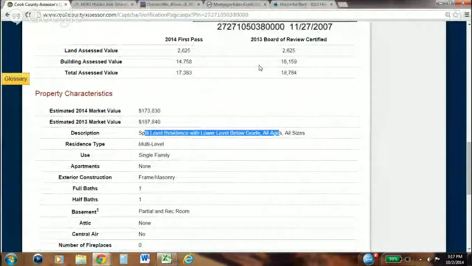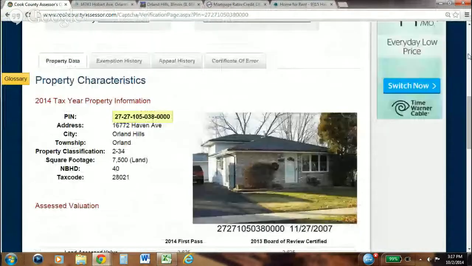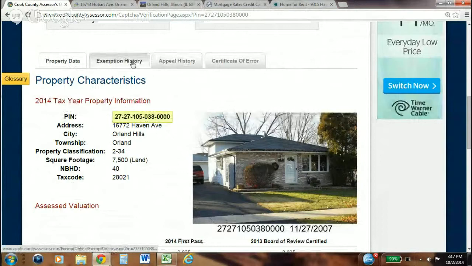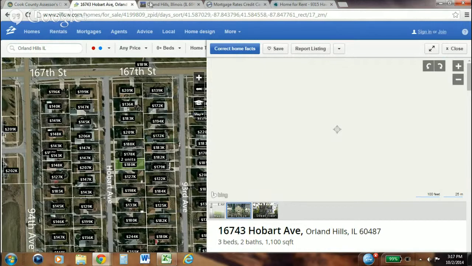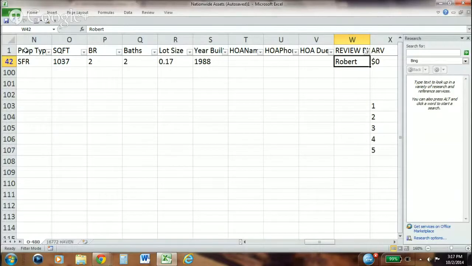So just some basic information. There is other information. Here's the assessor's parcel number if you need it, etc. So what I realize is this gives us a good idea to make sure that we can verify the house in one spot. Now, what I ended up doing is I ended up going to